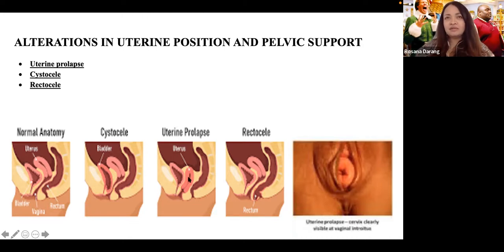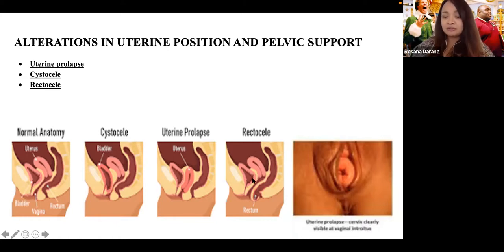Let's say you have a 48-year-old patient who's gravida 14, para 13. That means she has been pregnant 14 times and has given birth 13 times. That's a lot of strain to the ligaments that are supposed to hold the uterus. For someone like that who's also seeking a permanent option for contraception, maybe the treatment is hysterectomy, removing the